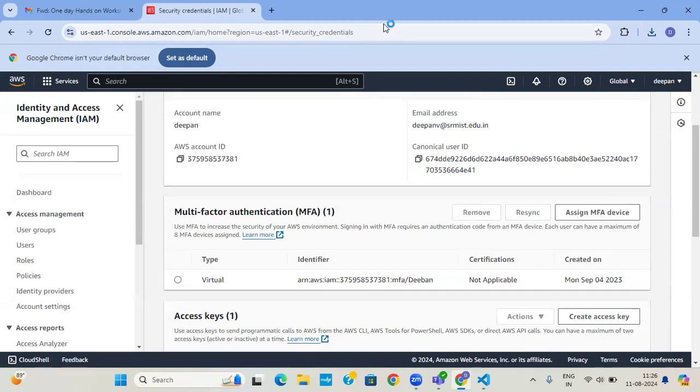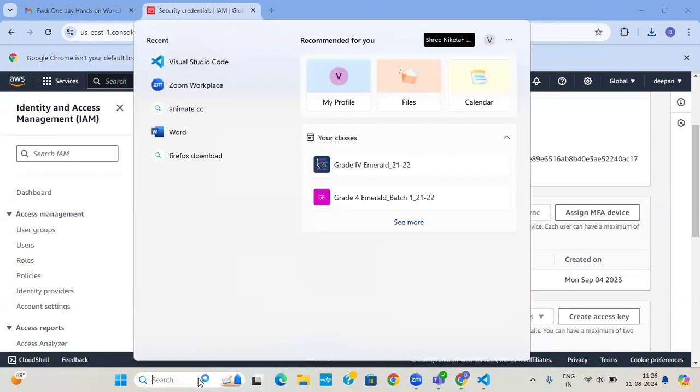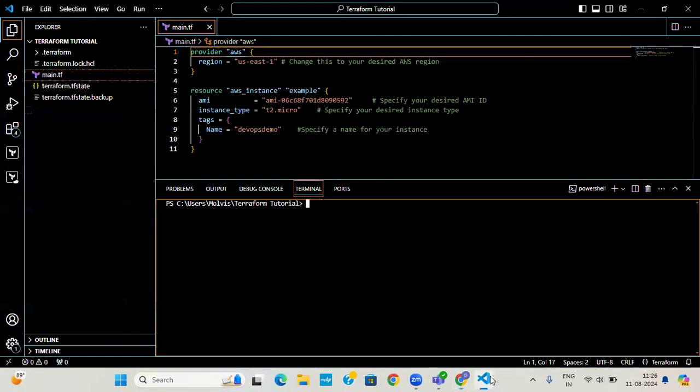Let this be aside, and we need to come to the Visual Studio app. I think I already opened it. Then we need to configure the Terraform code. Anyway, I'll be sharing this code in the description section, and I will come to the Terraform code part later. Initially, the first step was creating the security credentials where we created the access key and secret access key. And now it's time to configure this access key